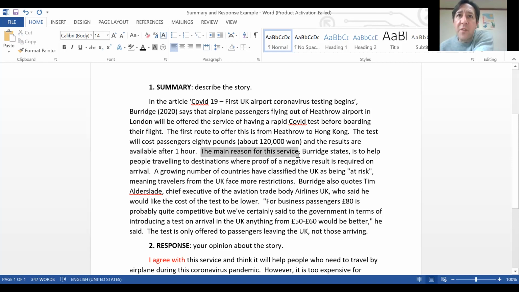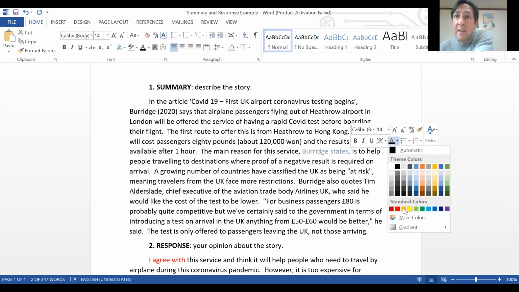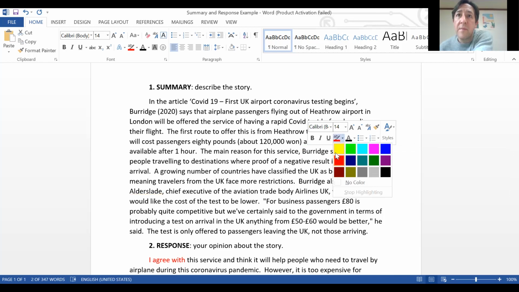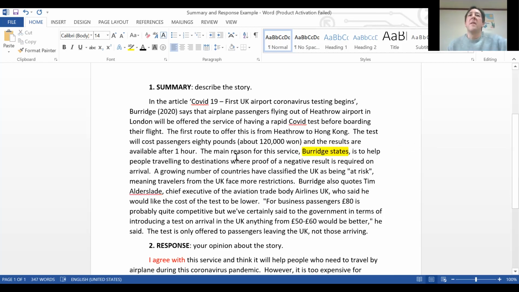The main reason for this service, Burridge states, so maybe I will just highlight where you have to put language like this. The main reason for this service, Burridge states, is to help people traveling to destinations where proof of a negative result is required, like Korea. Burridge also quotes,